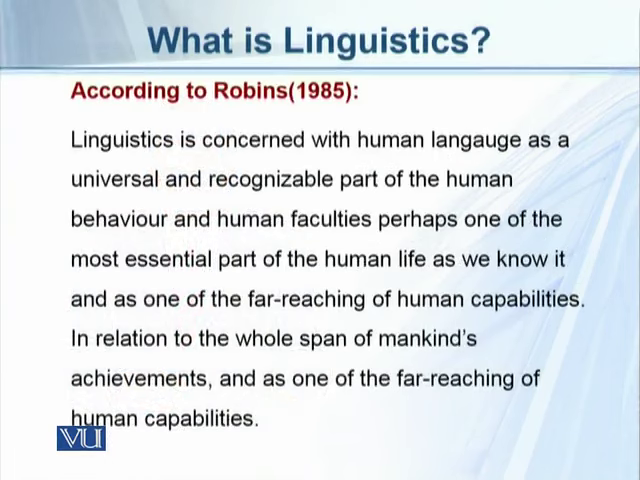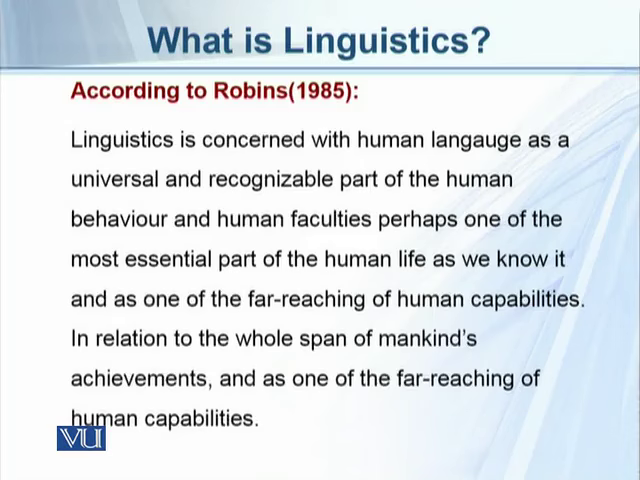According to Robins, linguistics is concerned with human language as a universal and recognizable part of human behavior and human faculties, perhaps one of the most essential parts of human life as we know it, and as one of the far-reaching of human capabilities in relation to the whole span of mankind's achievements. So this is a very important definition about language, of what a linguist actually does when